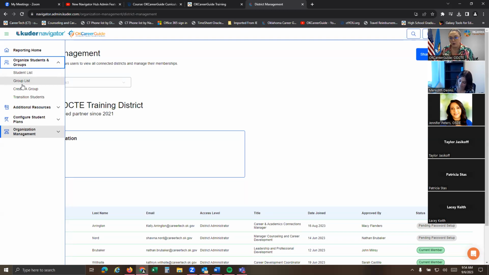Then you could go in and create a group for those specific students in that class, and then assign him to that group. He could log into his admin account. I keep saying him because my Oklahoma history teacher was a coach, a male coach. So I'm sorry, I don't mean to make that assumption, but you could assign that teacher to that specific group. And then when they log into their account, they could just see that group, and all they'd have to do is monitor progress for those 25, 30 students, rather than having to filter and try to find their specific students out of 500 students, right?